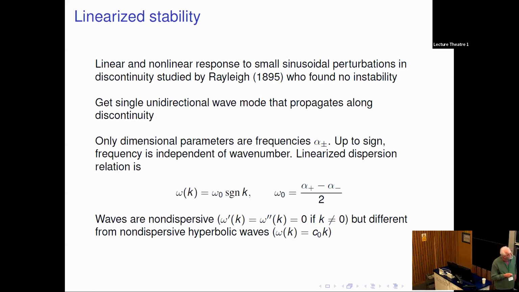Oh, and here's what I want to emphasize. These waves are non-dispersive. In fact, they have zero group velocity. They're just basically oscillating up and down at each point. The derivative of the group velocity is 0, provided we're away from k equals 0, so that's the long-range stuff, which is somewhat singular in these, putting everything in a half space. So you have to worry about what happens there. But what I want to emphasize is they're very different from non-dispersive hyperbolic waves, which have constant wave speed. And we'll see how that works in just a minute.